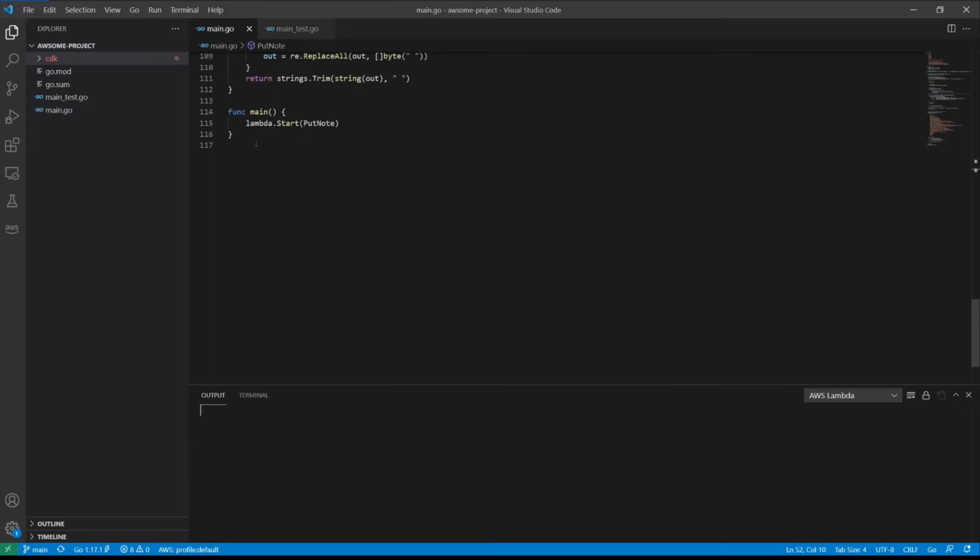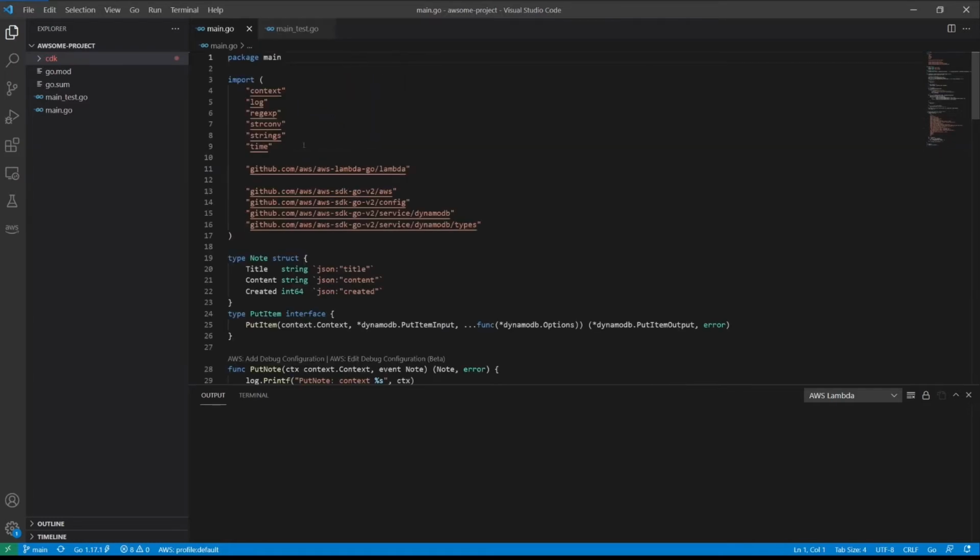In AWS Lambda, when working with Go, you'll have a main function that introduces lambda.Start with the function that will be the handler for that Lambda function. That handler will be executed every time that somebody calls the Lambda function.